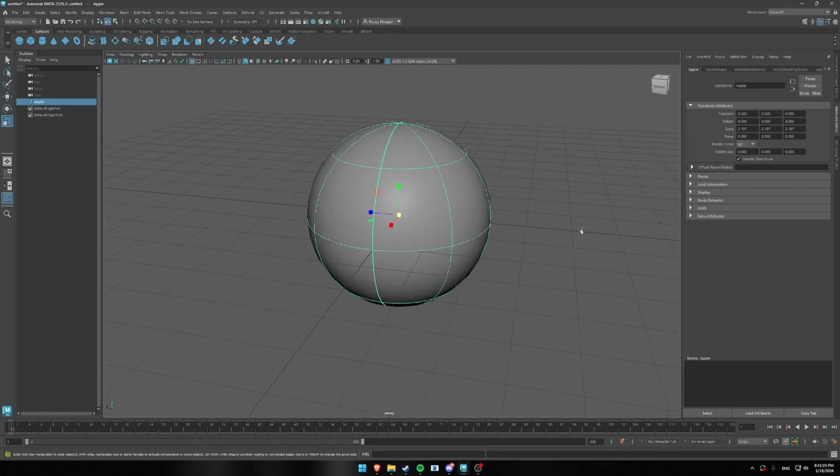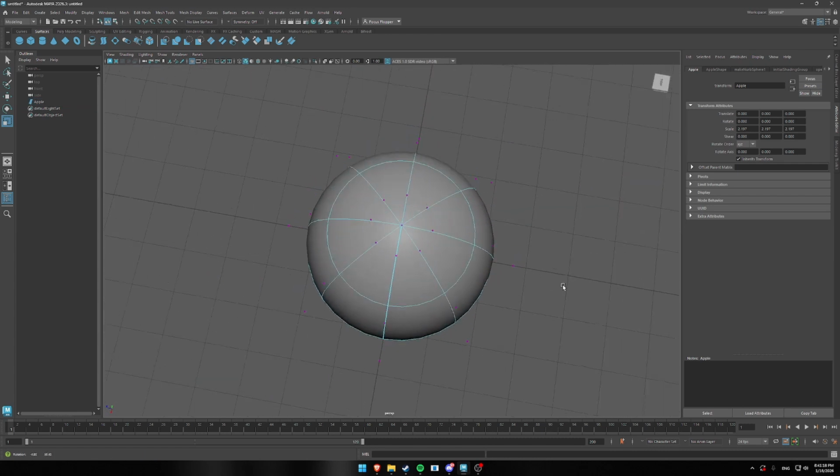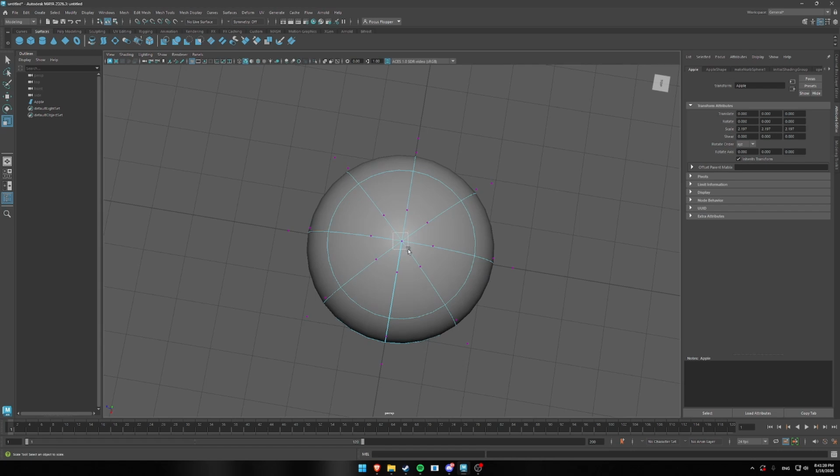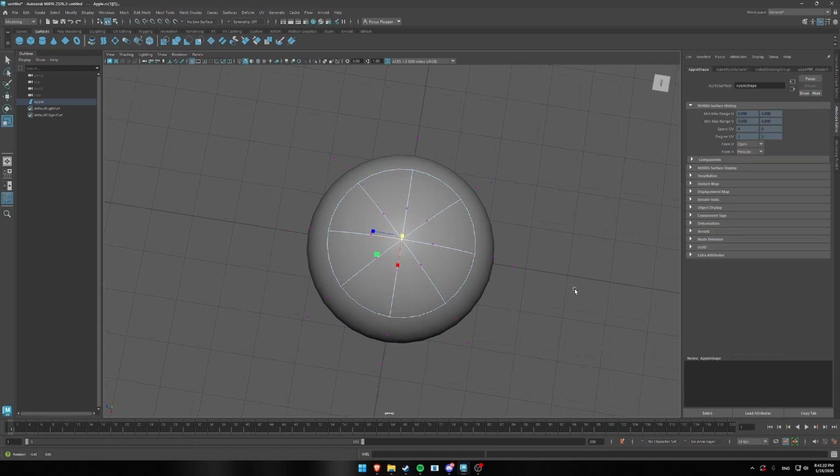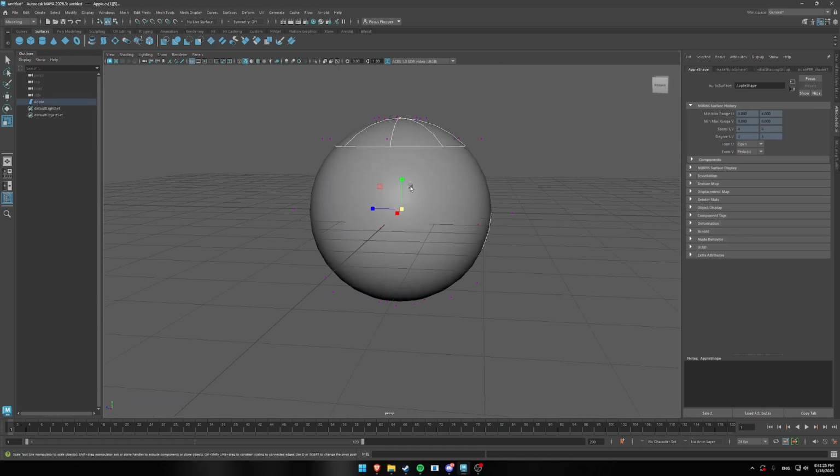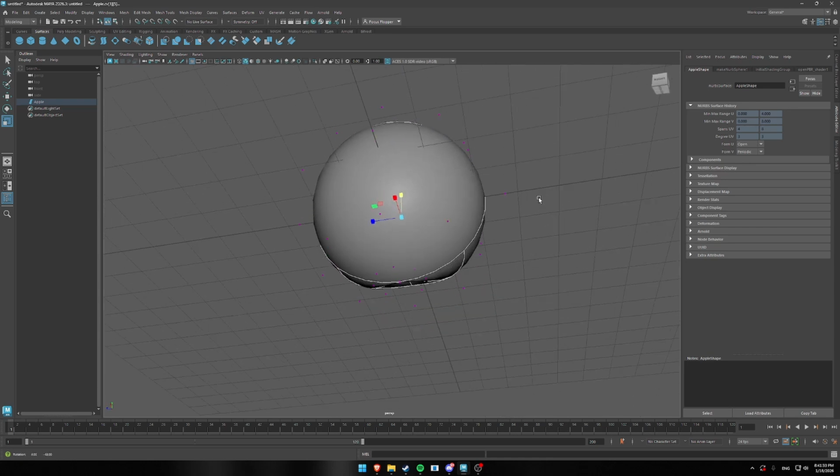To shape your apple, we're going to hold right click, and then we're going to move our mouse towards Control Vertex. These little dots around the sphere will pop up. I'm going to move my camera up, I'm going to drag, and then select this little top thingy, and then I'm going to use this little yellow thingy. This is our y-axis. We're going to drag it down,